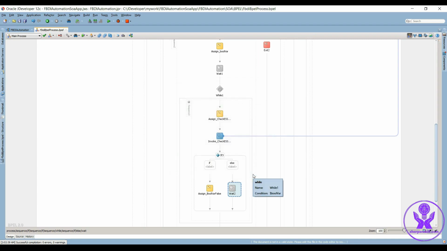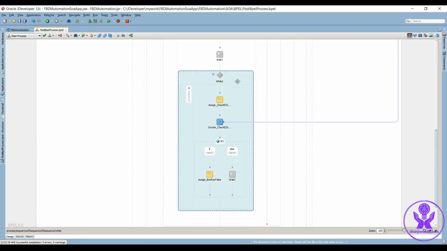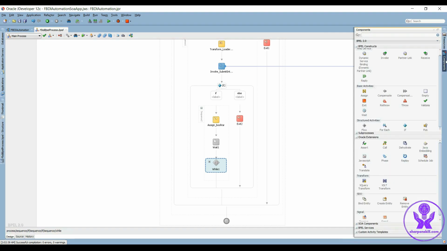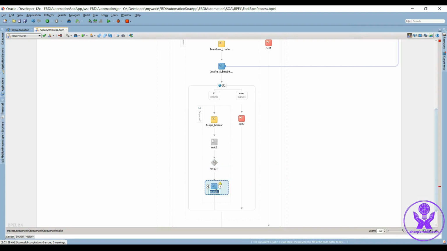Click OK. When the flow control comes out of this while loop, we have to submit the next process, which is import journals. So let's configure the import journals in the same way. So let us drag and drop another invoke activity here. So let's rename it invoke_submit_import_journals